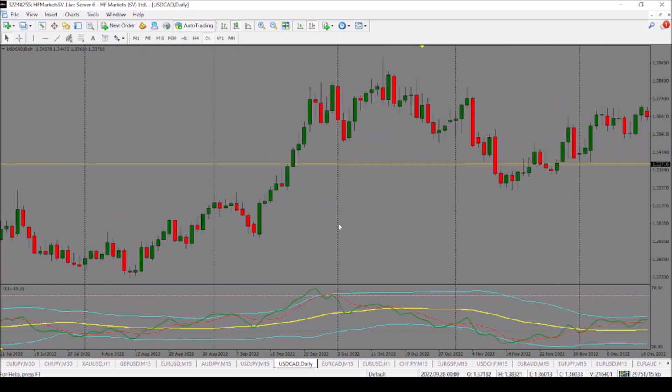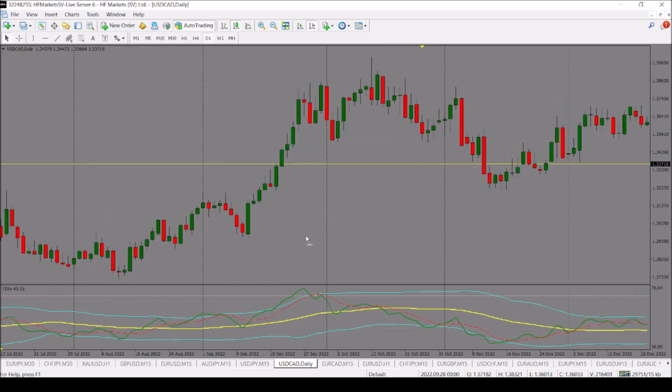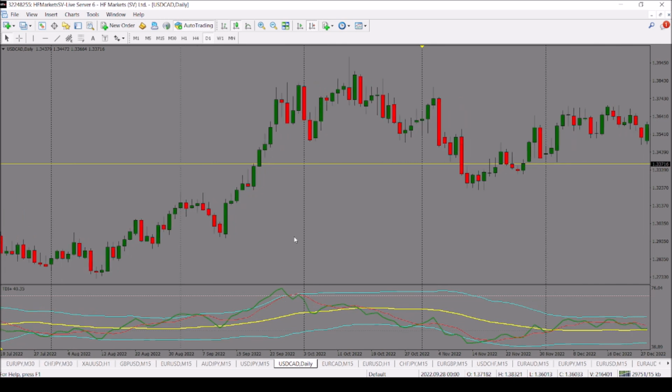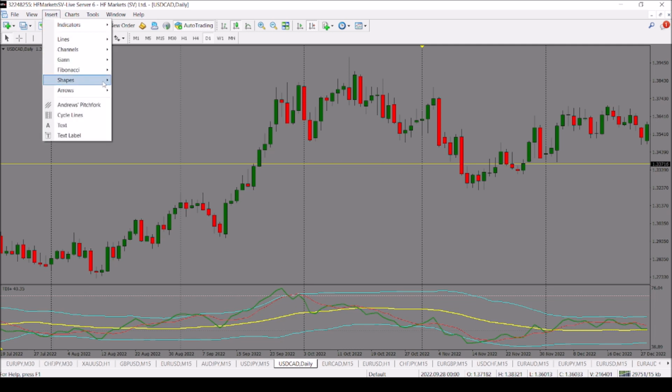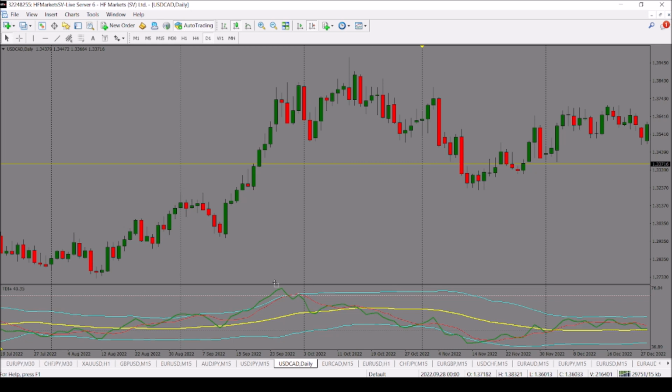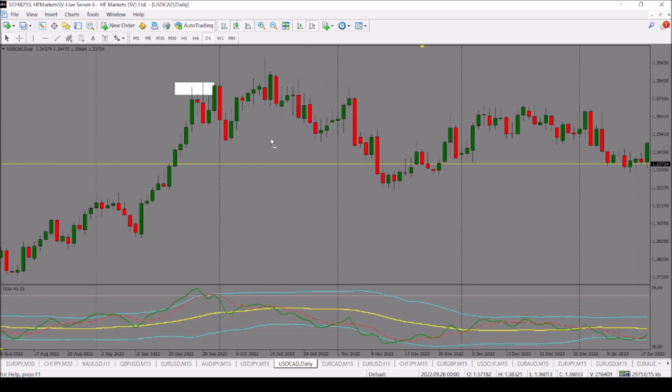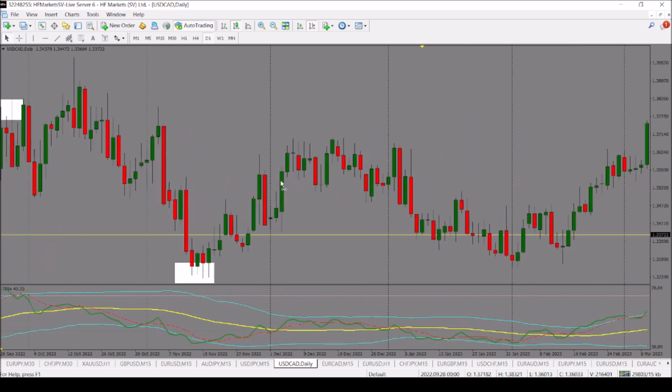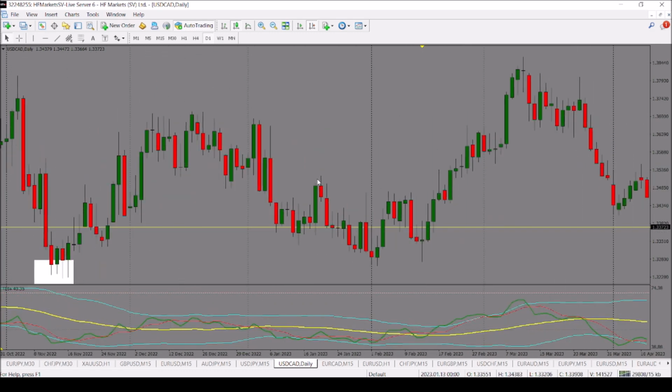For example, let's just mark all the points that we can see on the charts where there was a break outside the Bollinger Bands on the TDI indicator. I am going to use rectangles to mark those points. In this particular case, we have this point which coincides with this zone. After that, going forth, we have another point which is this one. Then going forth, we had another point which is this one,